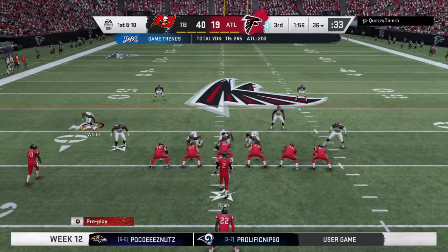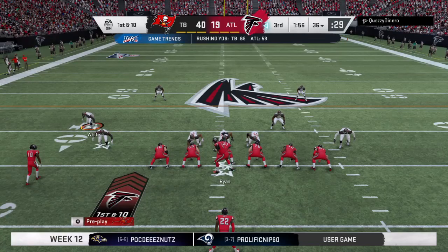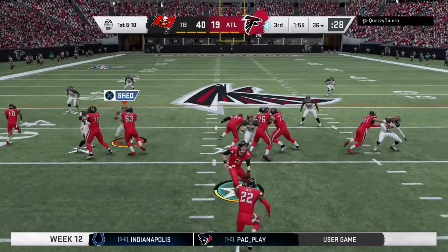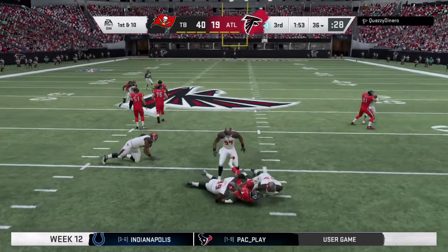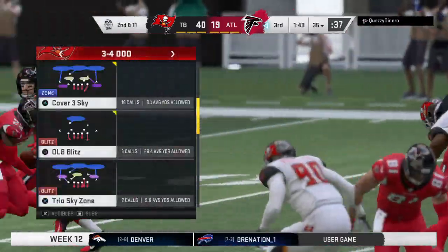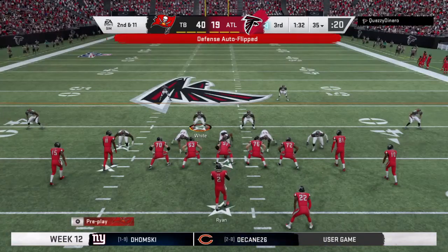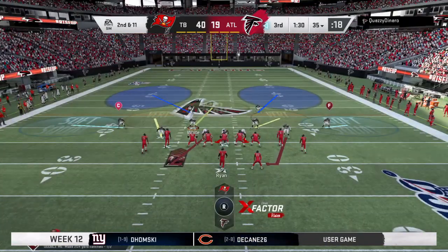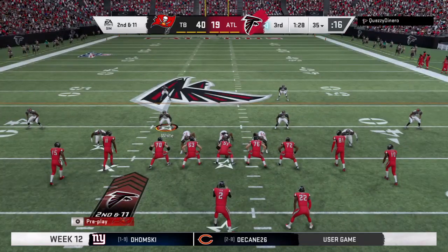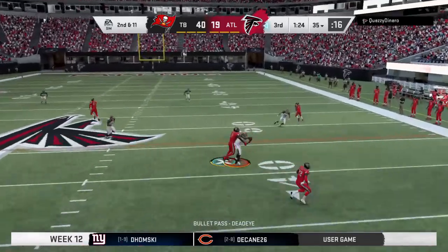About set to begin their next drive, the Falcons offense at the line. And on that last drive, went for it on 4th, turned it over. A good job by their defense, though. They held them to 3, but this offense, they've got to be a little bit better, a little bit more careful here. And sometimes when you see these calls on fourth down, when they decide to go for it, it's not necessarily the coach saying, I believe in my offense. Sometimes the coach saying, I believe in my defense. I can afford to go for it here because if we don't get...